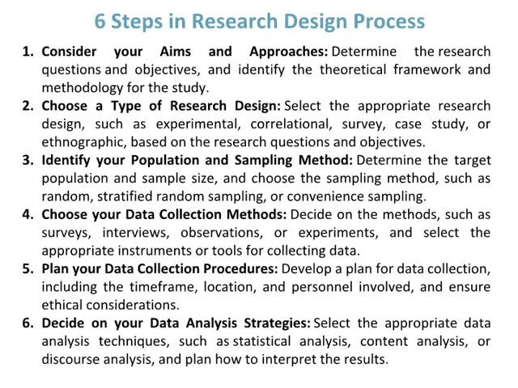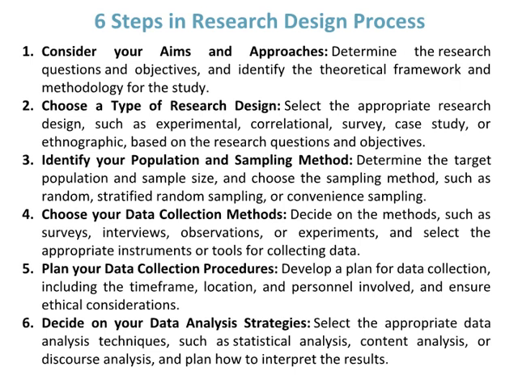Number 1 step of the research design process is to consider your aims and approaches, determine the research questions and objectives, and identify the theoretical framework and methodology for the study. Number 2 step of the research design process is to choose a type of research design. Select the appropriate research design, such as experimental, correlational, survey, case study, or ethnographic, based on the research questions and